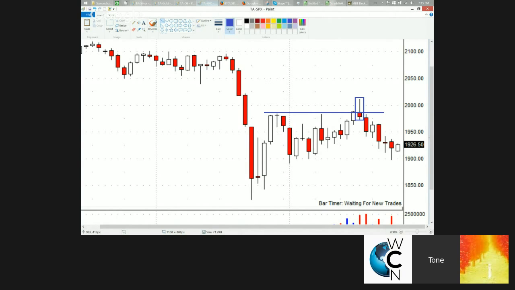Now we're going down, and again, as George said, we now have a couple of hammers slash dojis, well, doji first, then a hammer. And again, this is a sign that we could rebound, and we can also put a straight line right here. So we have support at 1900 and resistance just below 2000. And as long as the S&P is in between these zones, you can try and trade the range. But if you're wrong and it falls out of the range, then you could be in trouble. So be very careful with your stop losses.